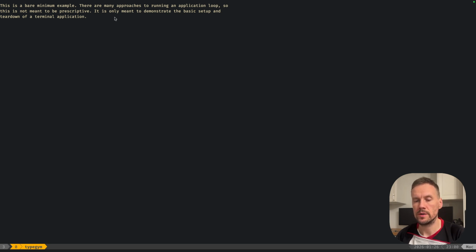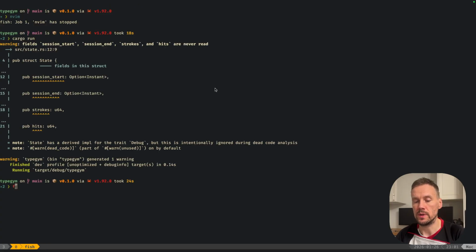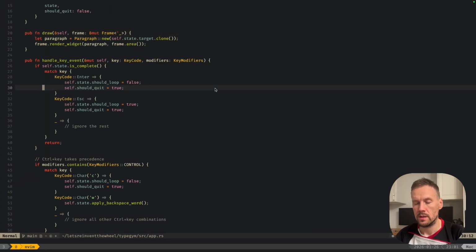It disregards the user's input. It does not center the text in the terminal, and it doesn't show you whether the characters were typed correctly or incorrectly. And this is everything that we are gonna fix, so to speak, today. Now,